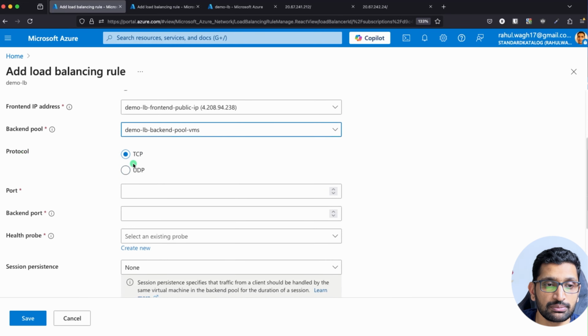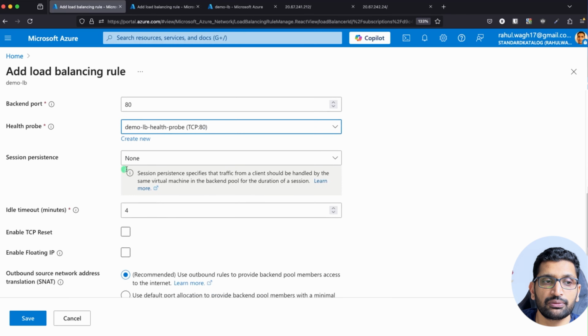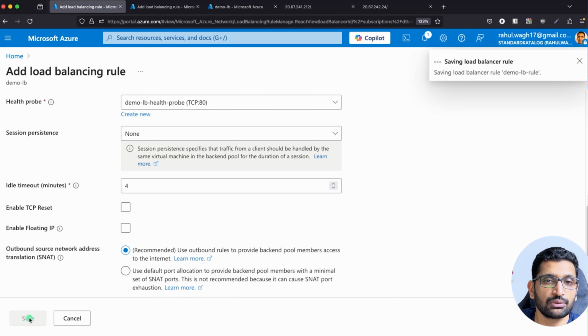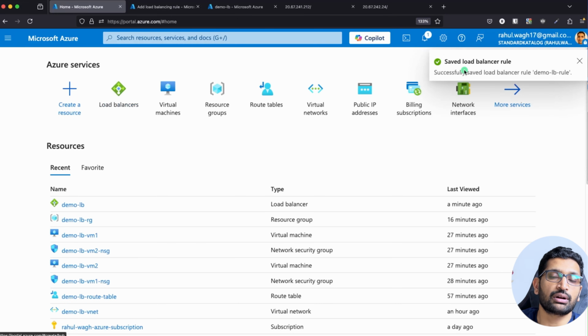Protocol is TCP, and the port is 80 over here. The backend port is also 80 over here, and health probe. So here you can see the health probe is also created, which is this one. The session persistence, keep it none. Idle timeout is 4 minutes, which is fine. And I think the rest of the things we need to keep as is, we don't need to change anything at all. Then click on save over here, and this will create the load balancing rule. And once this load balancing rule is done, then we will try to access our application through the load balancer